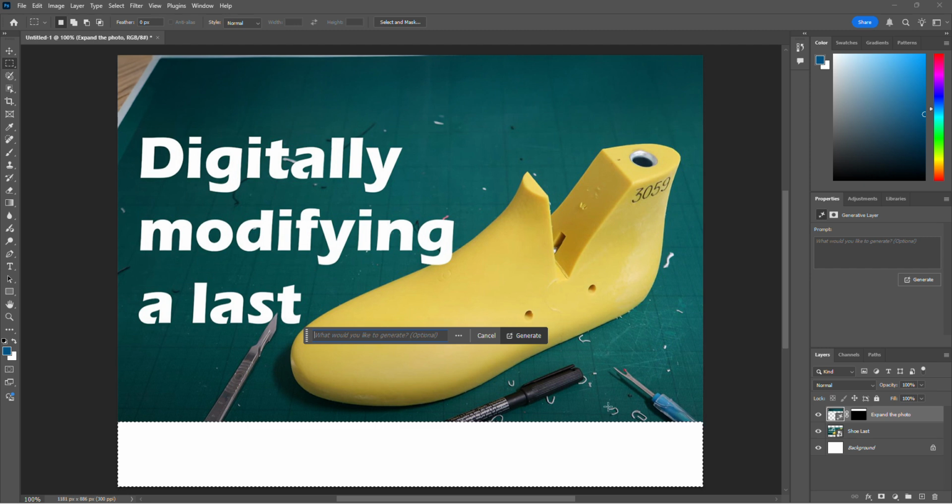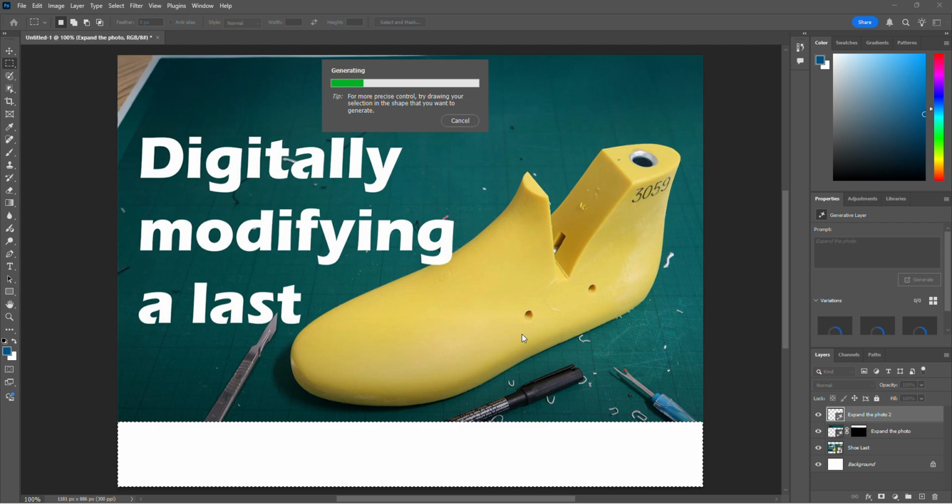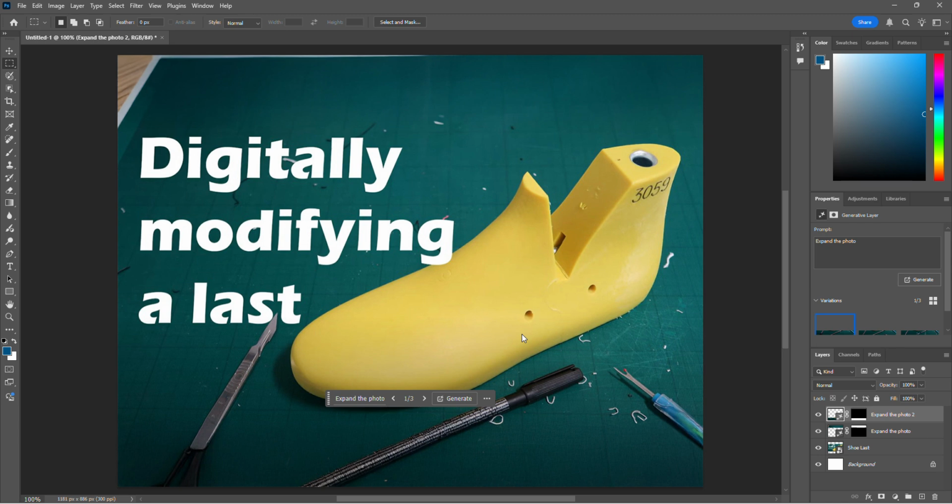So that might not actually be paper, that might be bits of lacing from when I've taken apart a shoe. So again, I'm going to have expand the photo. So let's click in my dialog box. And I'm going to ask it to generate. Now, this may or may not work. As you'll see, it's taking a little more processing time, but